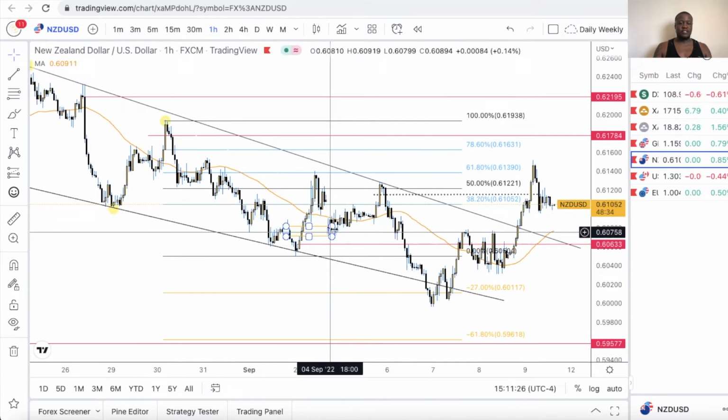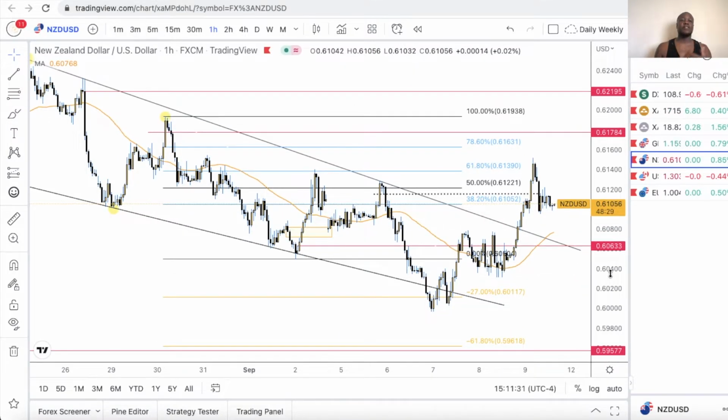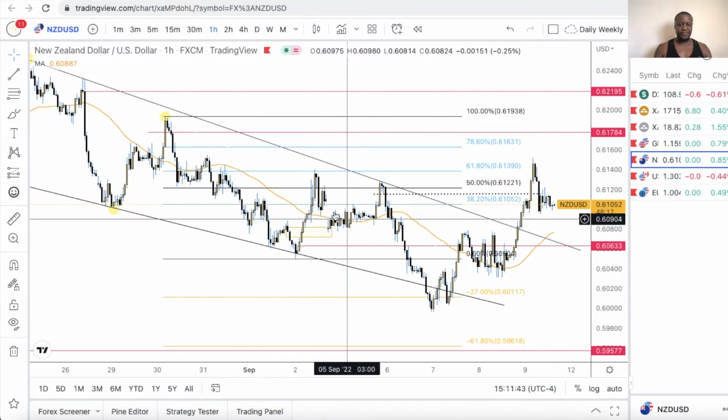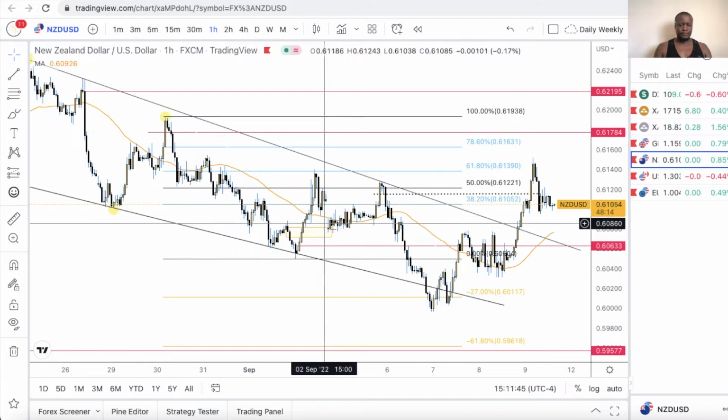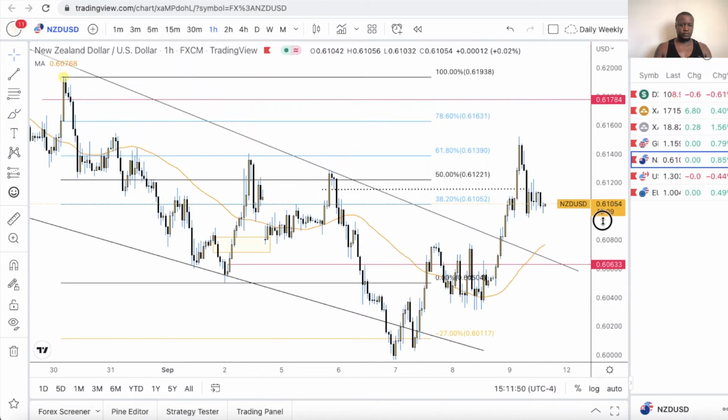I waited for 6 o'clock for the spread to close, because one thing about the market, when the market opens, the spread will get real huge. So I just waited for 6 o'clock for the spread to be lower, and then I took off partial. All right, so you see that I entered right here on the 61.8. Last week I showed you guys that, took off a partial right here.